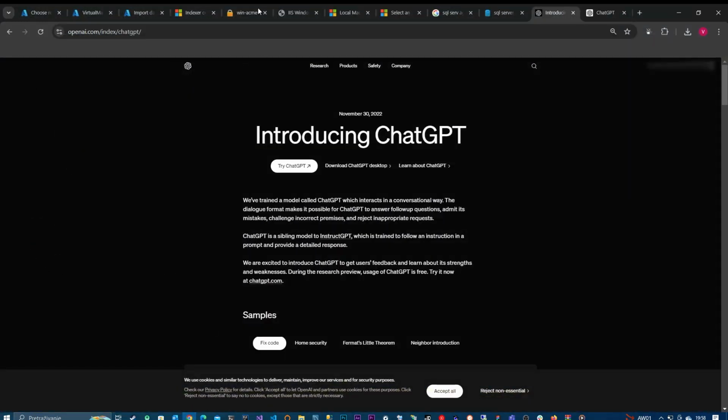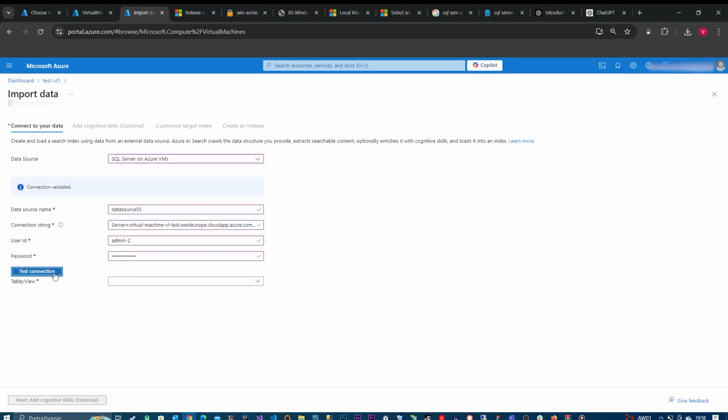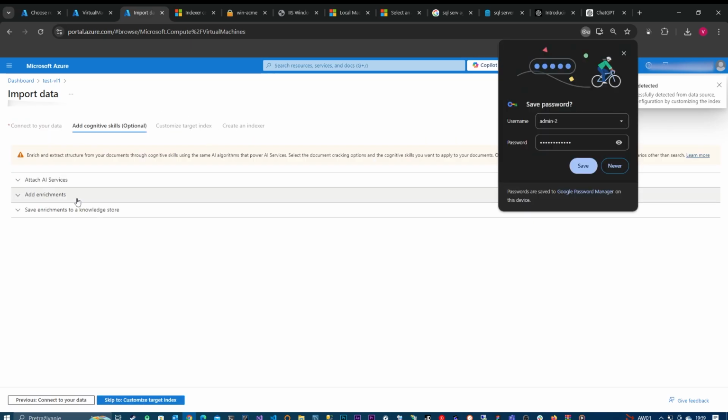And let's finally click test connection, and here we can choose our table, and the connection is successfully established. We can now go ahead and add cognitive skills, customer target index and stuff like that, but most